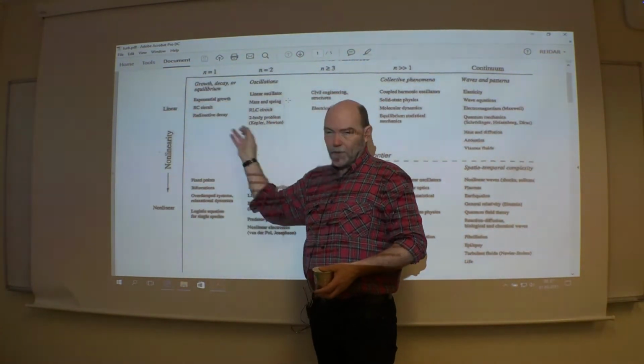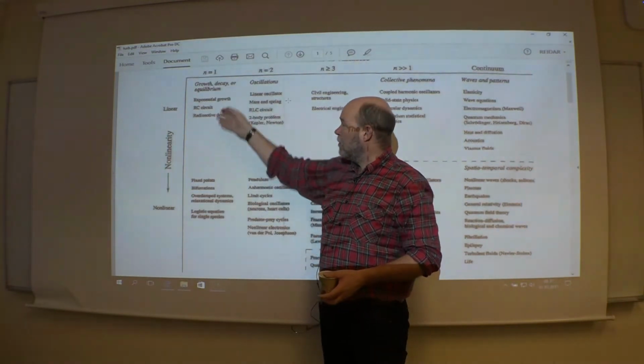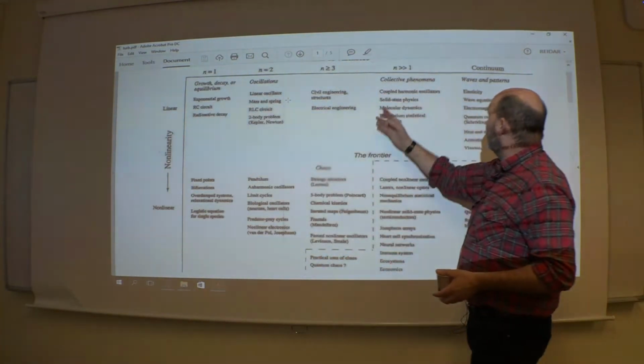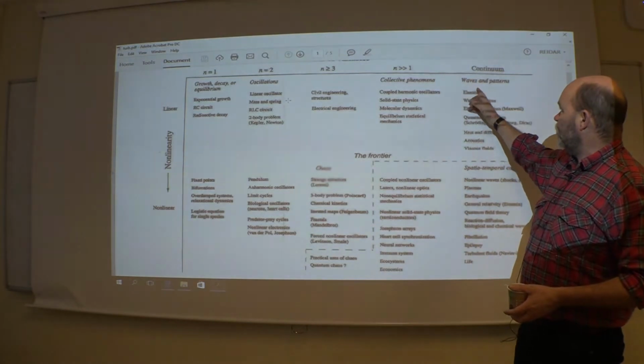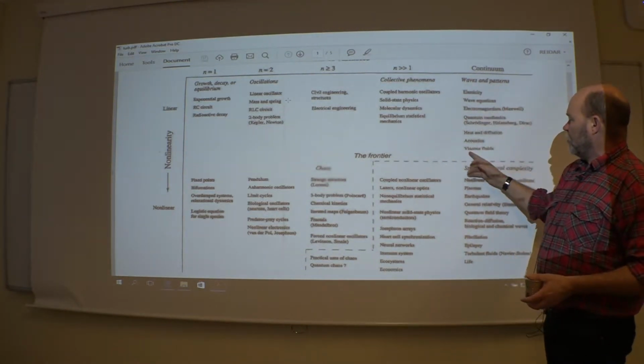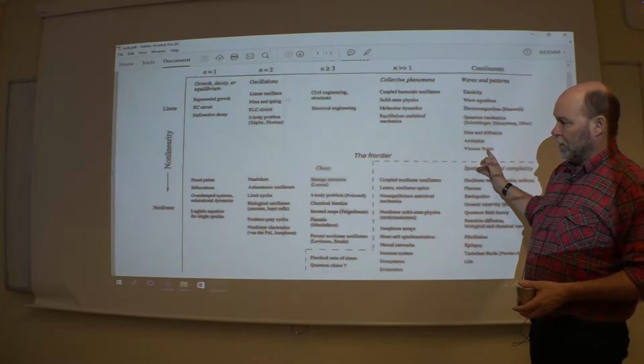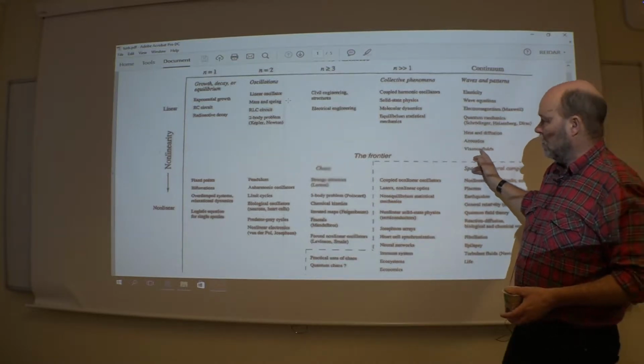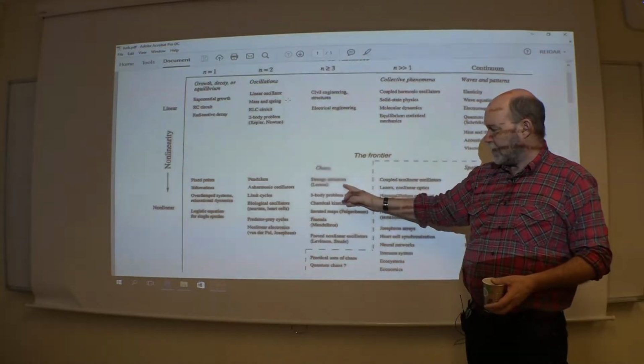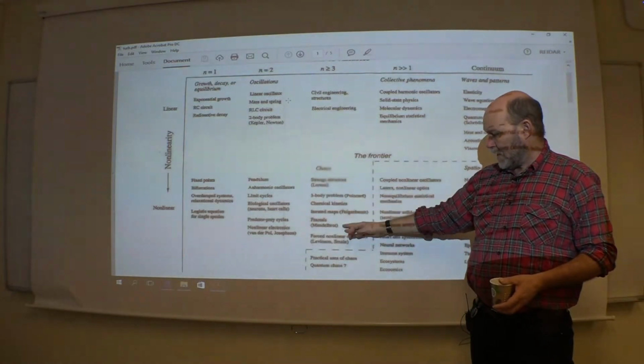The very easy problems you find up here. That's not a problem. Going to continuums, waves, and all the way down here to viscous fluids, and we're talking laminar flow. And chaos, strange attractors, fractals, whatever,